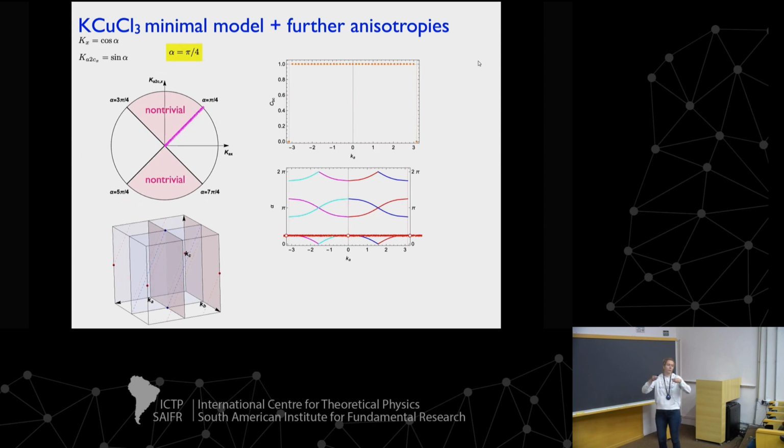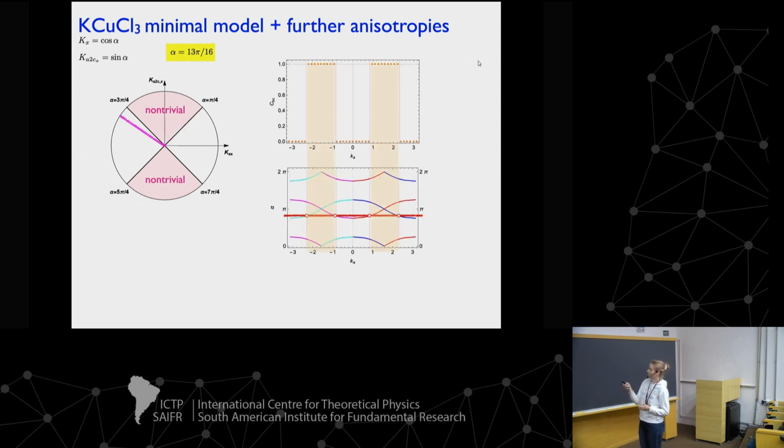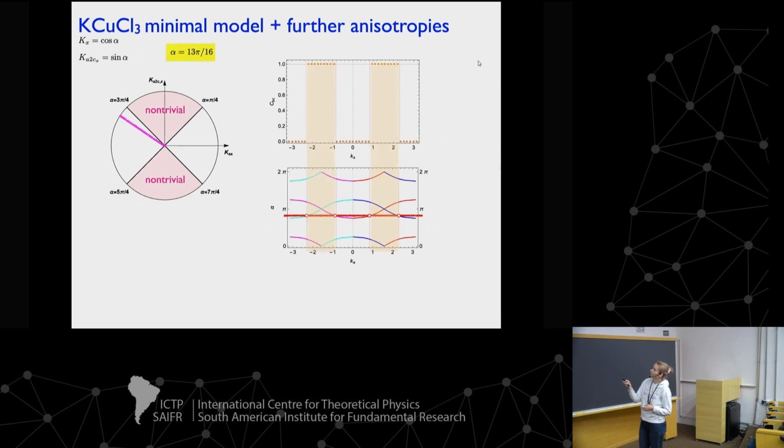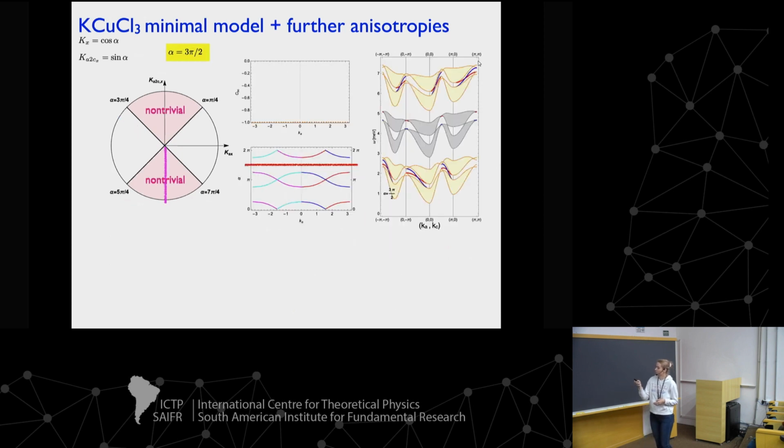Right, and then of course we can hit the point where the two nodal points are in the same plane, and at that point we leave this phase behind and go into these fully gapped phases. Then the Chern number will not change its value. It will just be topologically non-trivial. Accordingly, we would have fully gapped bands with non-trivial surface states in the open system. And that's what I wanted to say.